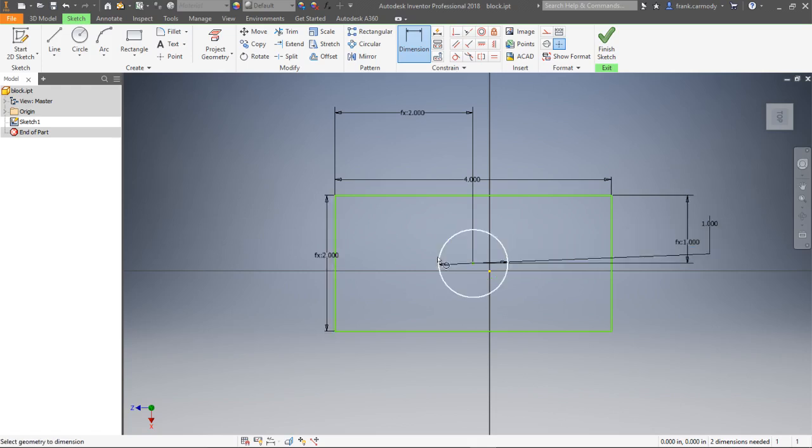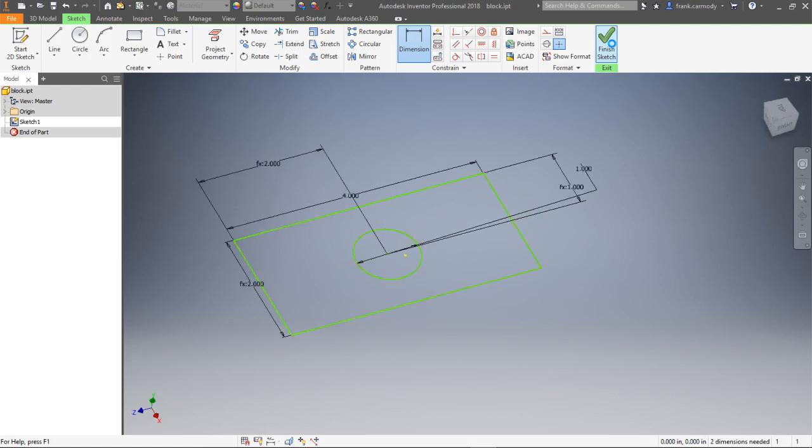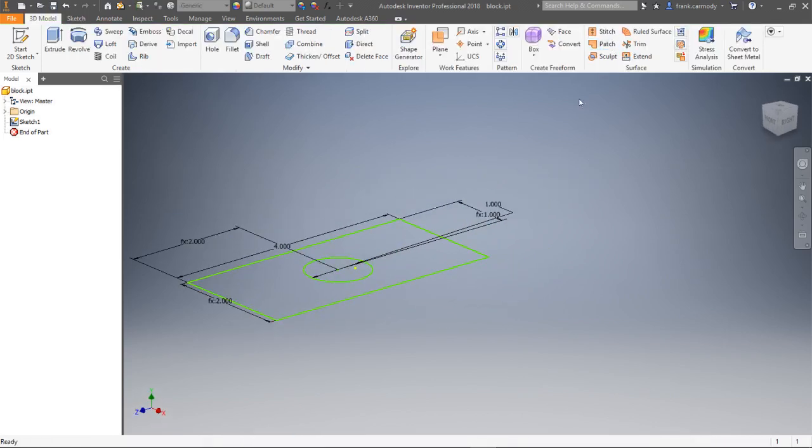Okay. Divided by 2, right? Okay, so now everything's proportional. We're going to go ahead and click Finish Sketch. Okay, so now what I have here, let's say I wanted to put a circle in the middle of this